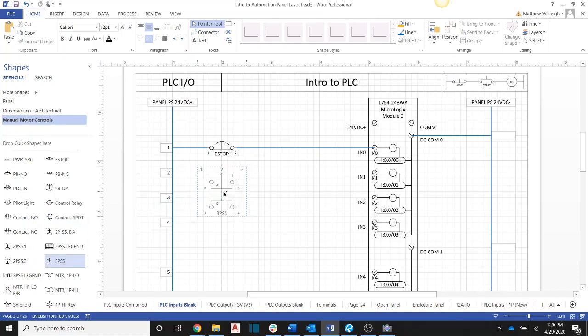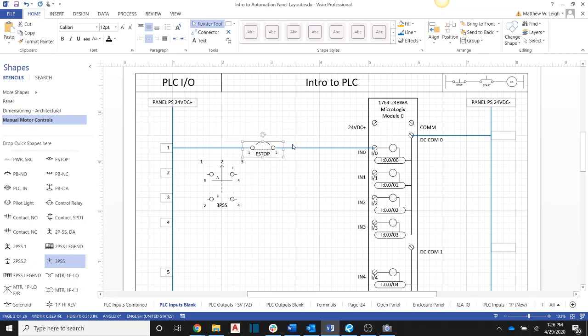Okay. And I might have to move this out of the way a little bit. And this will help you in your hand drawing too if you watch this video, and you'll kind of know how to place them on the piece of paper. Okay. So then now